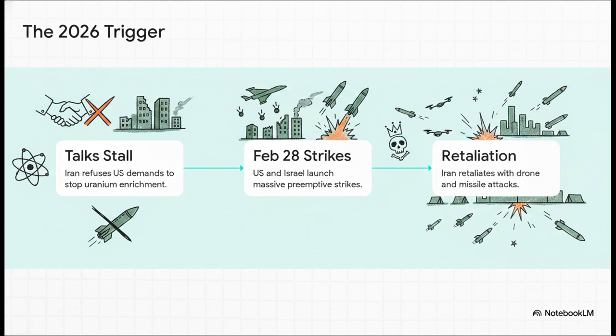Step 2, viewing Iran as dangerously close to actually developing a nuclear weapon, the U.S. and Israel launched massive preemptive airstrikes on Iranian military and nuclear facilities. This happened on February 28, 2026. Crucially, these strikes resulted in the deaths of high-ranking Iranian officials, including Supreme Leader Ayatollah Ali Khamenei. Step 3. Iran immediately retaliated. They unleashed extensive drone and ballistic missile attacks on Israel, as well as on American military bases scattered across the region.